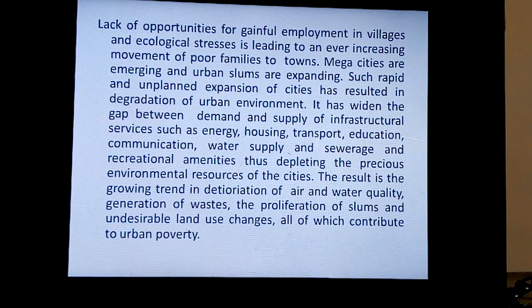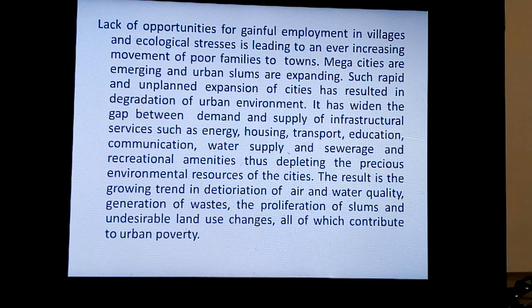Here the reason for urbanization is specified. That is, lack of opportunities for gainful employment. From the villages, poor will move to towns. Mega cities are emerging and urban slums are expanding. Such rapid unplanned expansion of cities has resulted in degradation of the urban environment, meaning poor people who come from villages form into a group and start living in a space, and that area is called urban slums,